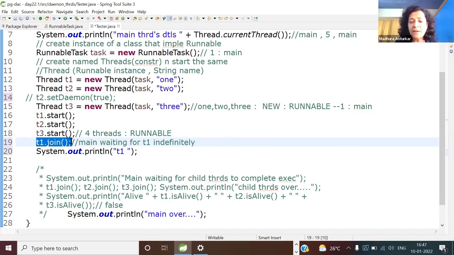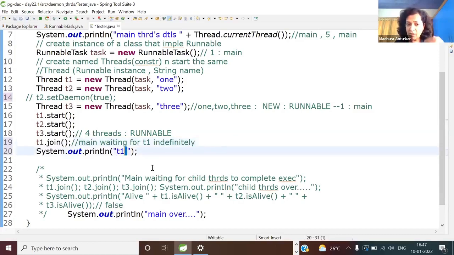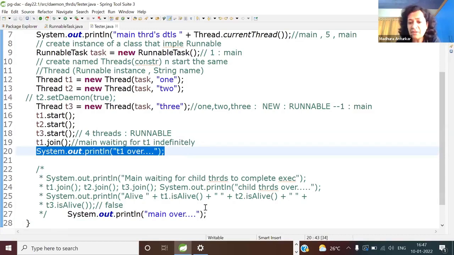So main is waiting for T1 indefinitely, and the moment the control comes to the next line, everyone can understand T1 is over. Are you now clear? So answer my simple question: are you going to see this message, T1 over? Too many moving parts are removed. Okay, you are going to see it.